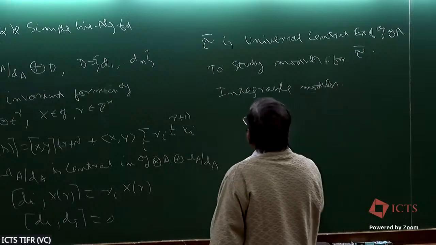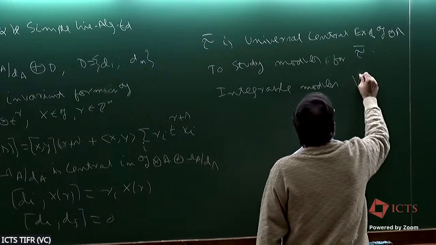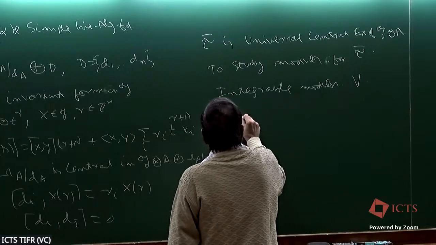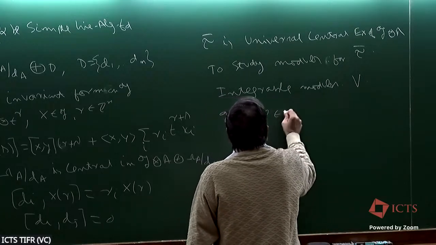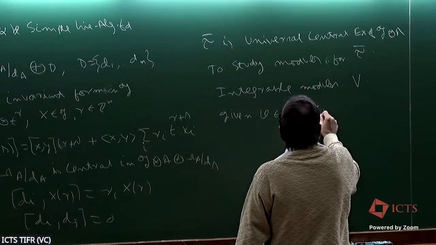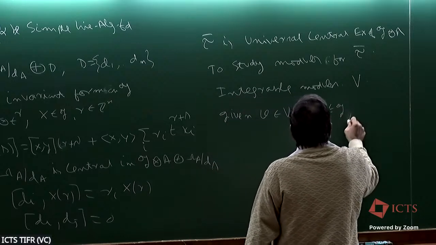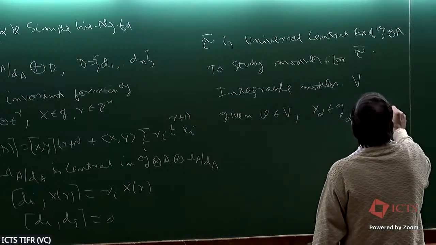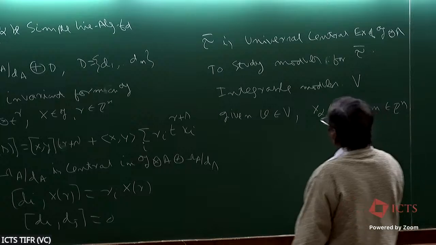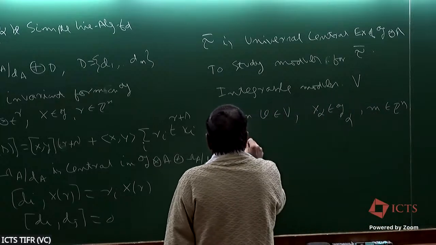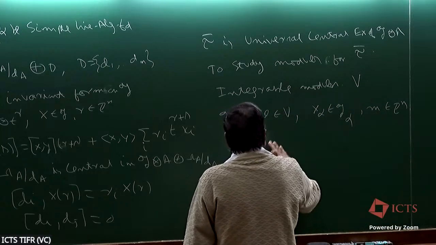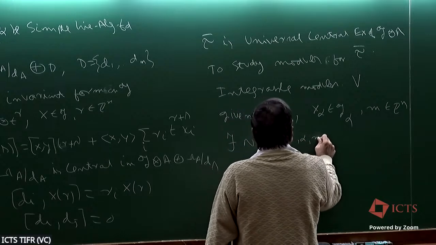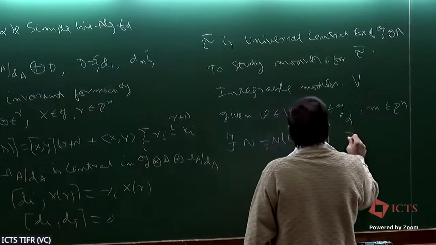So our aim is to study modules for this Lie algebra. Among them, there is something called integral modules. These are more reasonably accessible modules. So we start with this. Let us call it V. What's the definition? Given v in V, x_alpha in g_alpha, alpha in the root system, and m in Z^n, there exists N, which depends upon v, alpha and m, such that